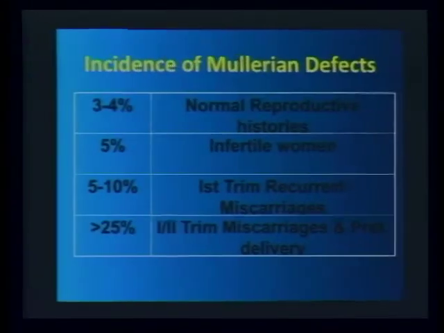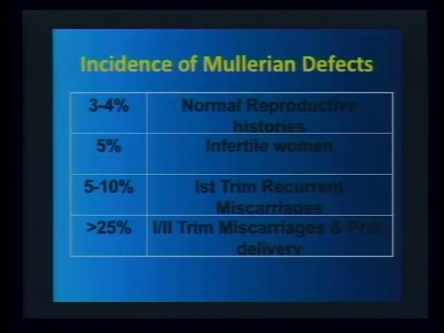Most of them are septated uterus. You can see that in the normal population, the incidence is 3 to 4%. Do you see well? The incidence is 3 to 4%. It rises to 5% in infertile women, and it goes to above 25% after first and second trimester miscarriages and